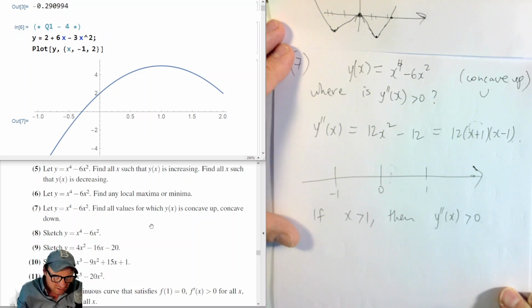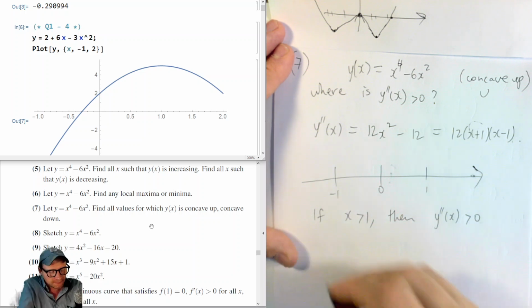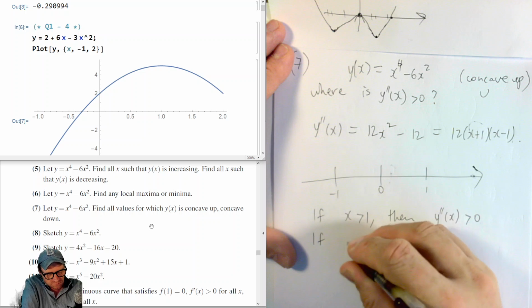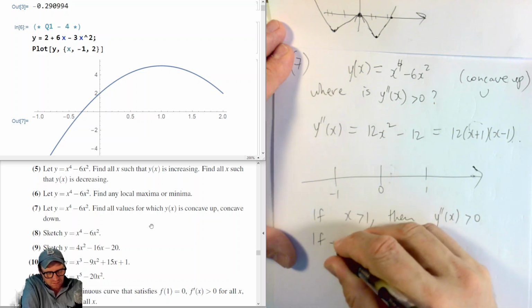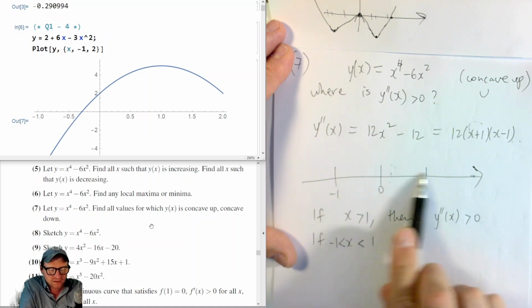All right, and now if x is between minus 1 and 1, so in here,